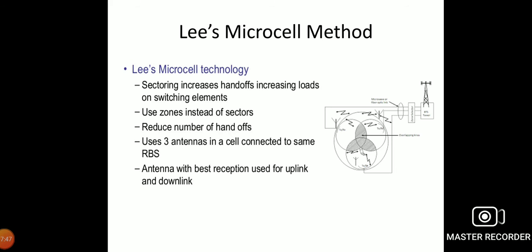When a mobile user roams from one zone, say zone 1, to another zone, zone 2, then the zone with the strongest signal with respect to the base station is selected. In this microcell zone concept, the antennas are placed at the edges of each zone such that when the user moves from one zone to another, the signal strength does not reduce, unlike the other methods. So the number of handoffs is less compared to the cell sectoring method when a call is in progress.